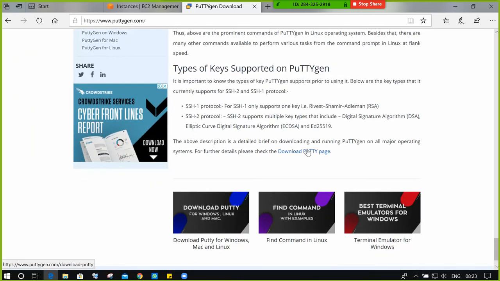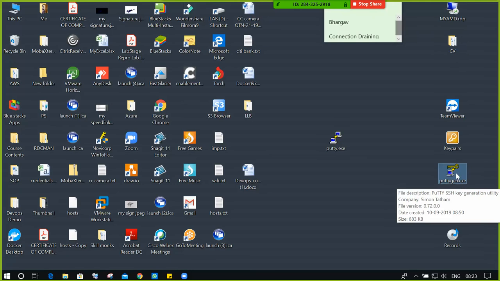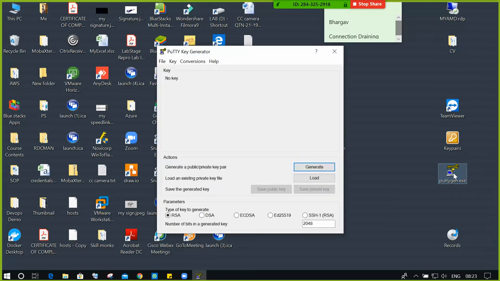Yes, download PuTTYgen link, click on this one. Once you download it, the file will look like this, puttygen.exe, which is also an executable file. I'm opening the PuTTY key generator. First we need to upload your existing keypair file to the PuTTY key generator.